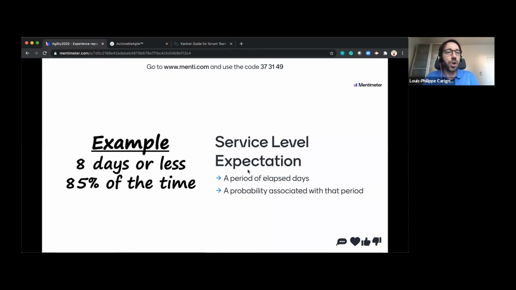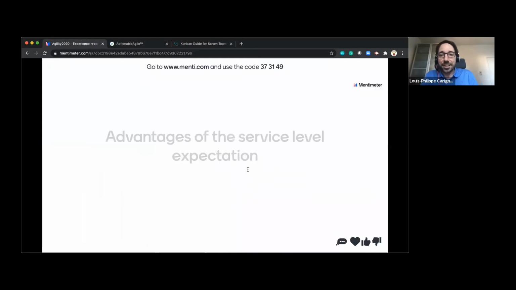Also, we're talking about a probability. We're not talking about a fixed date, and that might be a little bit tough for some people, but at the same time, I have a hard time predicting the future. Who would have thought 12 months ago that we were doing in this situation worldwide? Not a lot of people. So if you know how to predict the future, please contact me. I would have some great business opportunity for you. Otherwise, I'm going to express the future in terms of probability. And I find that the percentile line that you've just seen is a great way of doing that very easily in your teams. And finally, oh, we missed the last one.